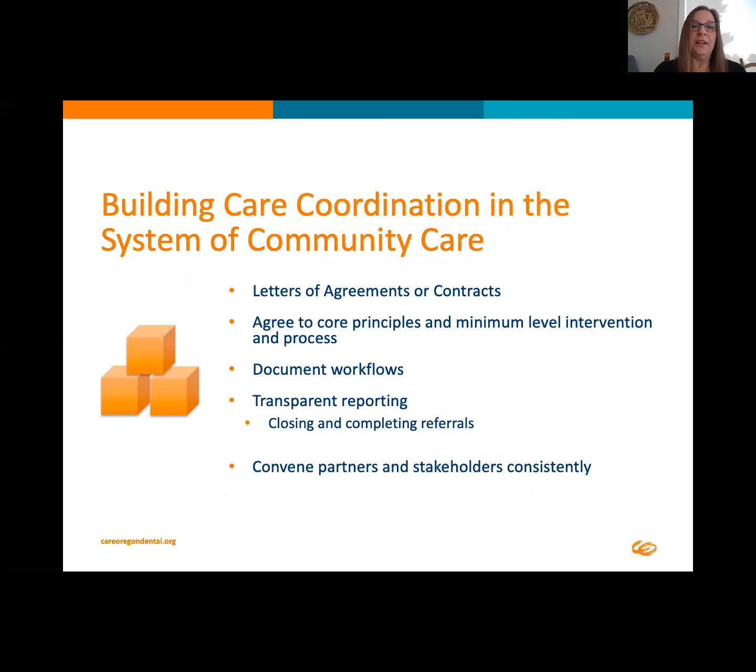And then building the care coordination component into your system of care for community-based services. For us, it's just one of the aspects of going out into the community and providing care that it has to be planned for. I know one of the presenters earlier talked about the BAAs and the LOAs and the contracts, and I can't agree more. That is a really important piece of